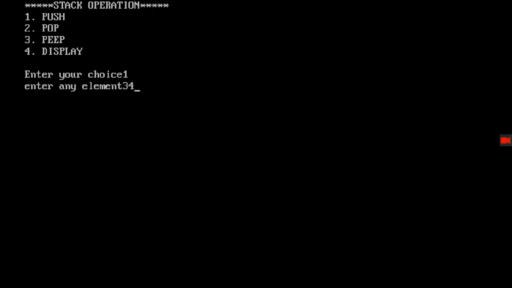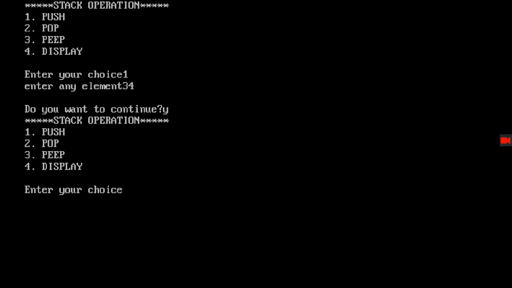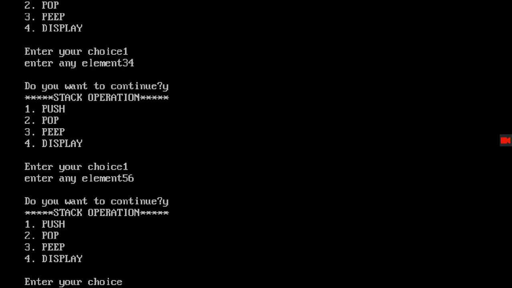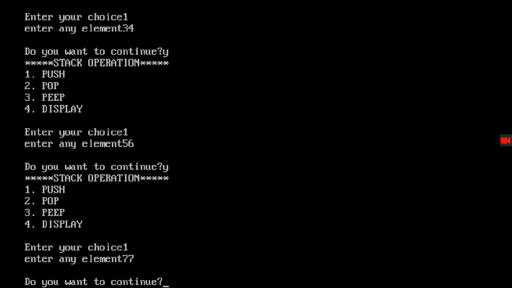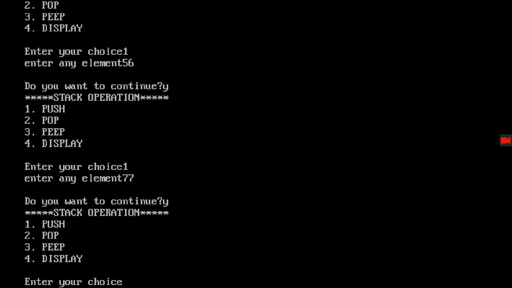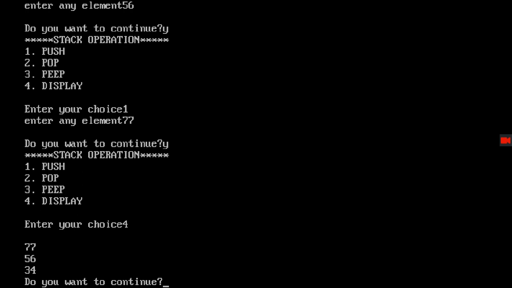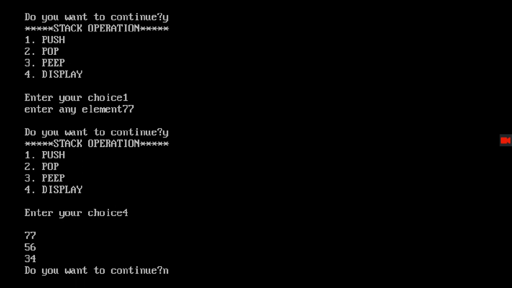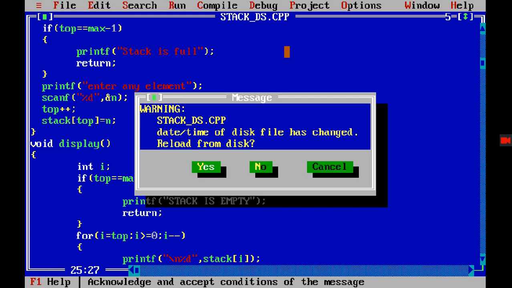Now if I am entering the first element 34, then the second element 56, then the third element 77, and then I'm displaying it. So 77 is the first one, then 56, and then 34. It's bottom up, from bottom to up, right? And 77 is your topmost element. Top is pointing to the 77. So I think this push function is clear to you, right? Push and display.